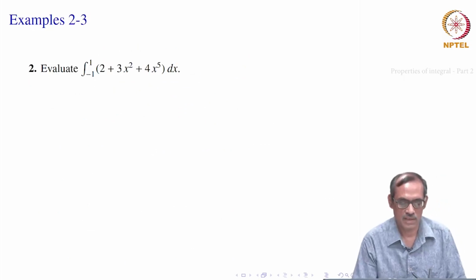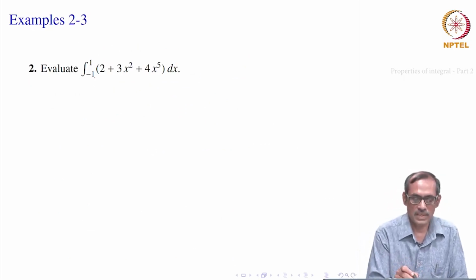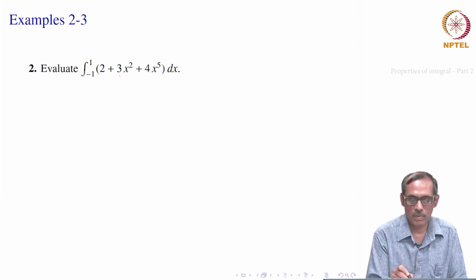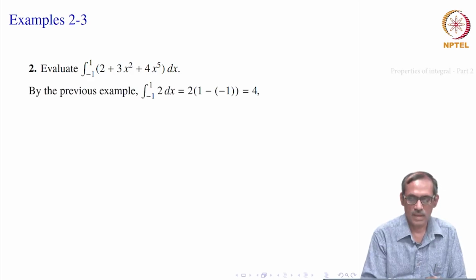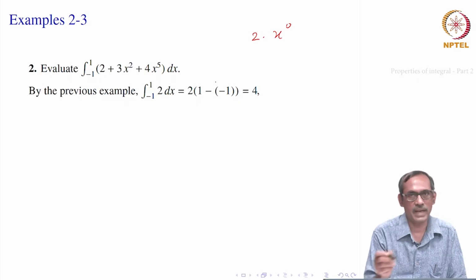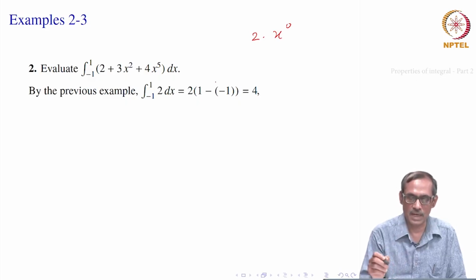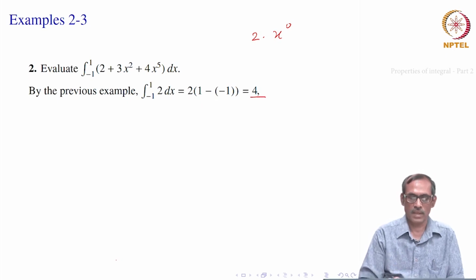Okay. So, let us check another example. Evaluate the integral from minus 1 to 1 of 2 plus 3x square plus 4x to the power 5. Okay. So, we apply the previous example and our properties. First thing is the integral of the constant function 2 dx, it means 2 into x to the power 0. So, that gives, or directly you can get from our property that the integral from minus 1 to 1 of 2, in which 2 goes out and it is 2 into b minus a, which is 1 minus minus 1, it is 2, that is equal to 4, right.